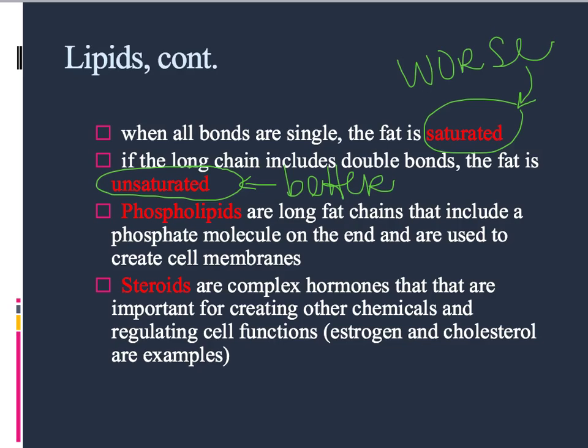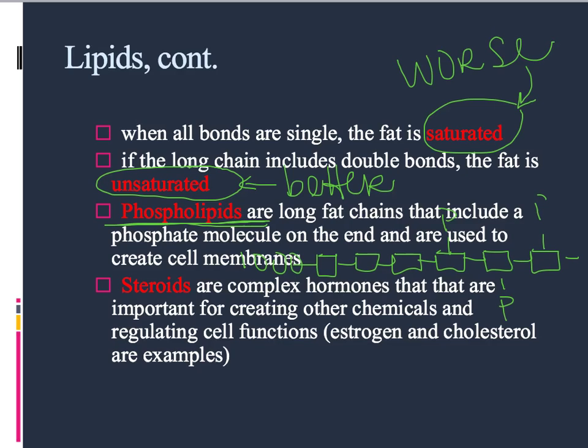So when you stick a whole bunch of fats together into a huge long chain, so let's say these are little teeny tiny fat molecules, and we're going to make a chain that goes on for, say, thousands of these. That's called a phospholipid. There's some phosphates sticking out here. Phosphates are little groups of phosphorus and oxygen molecules. But if you look at this big, huge, long chain, phospho for the phosphate molecules, lipids because they include fats,